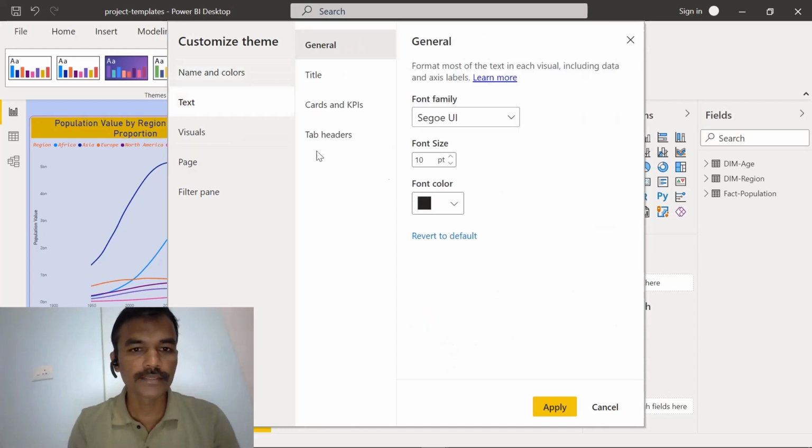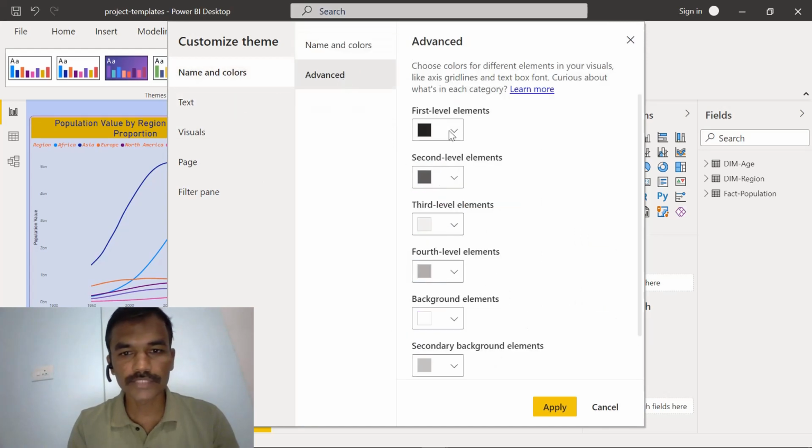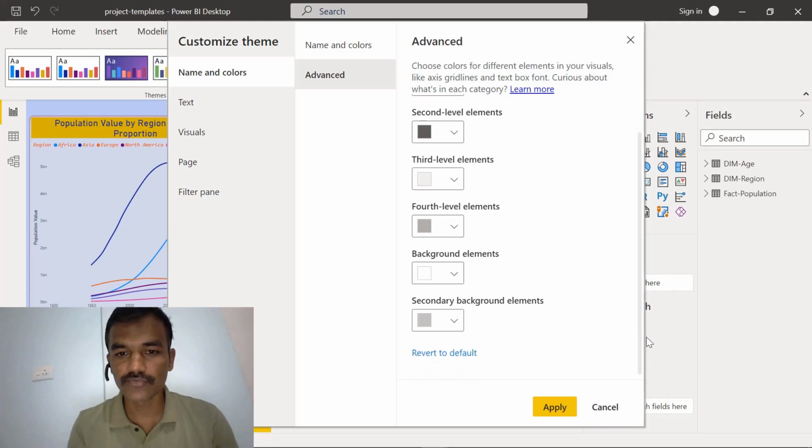Then there are advanced options as well: first level element, second level element, third level element. What does each category mean? We can click on this, and in help we can find out what these things are, like what should be the color for background elements, and what should be the color for the secondary element.